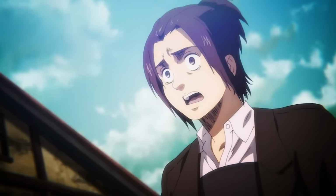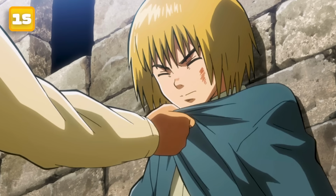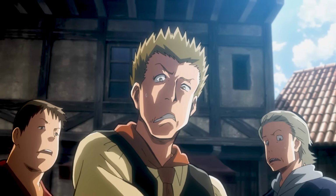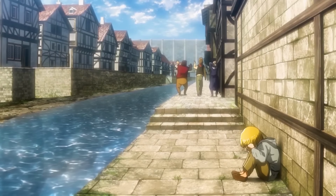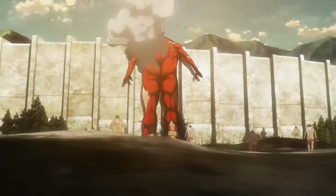So Gabi is quite literally a female Eren. In the very first episode of the show, when we meet Armin for the first time, we see these guys bullying him. But what actually happened to them? Isayama has stated before how much he hates bullying, so naturally he wanted to kill them off ASAP. When the Colossal Titan kicks down the wall in season 1, you can actually see the main bully getting hit